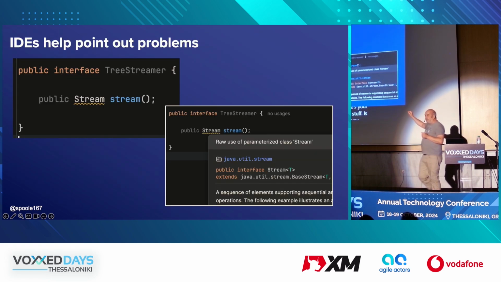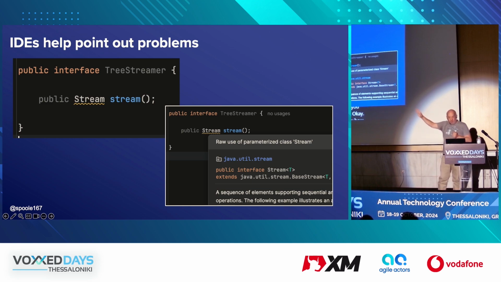IDEs are great. You know how it happens. You put up some code. And here's an interface called TreeStreamer. It has a method that returns a stream, and it tells me that I'm using a raw use of a parameterized class. Stream, not TreeStream. Right? I'm returning a stream. But I could do better,